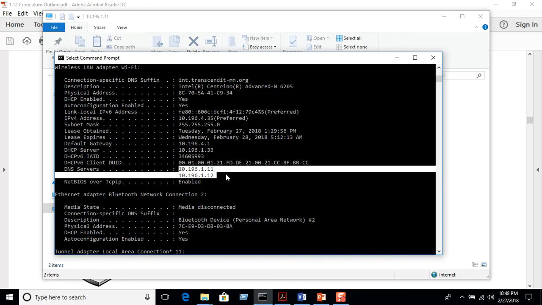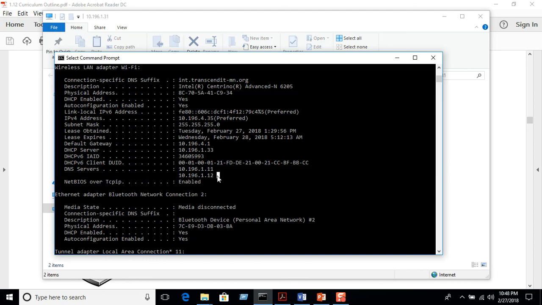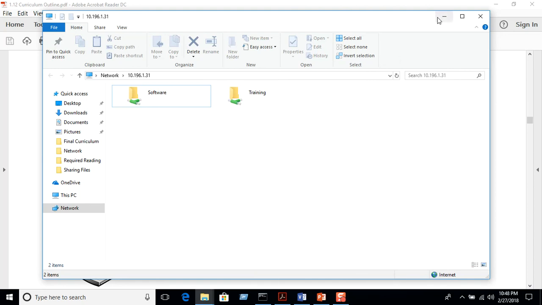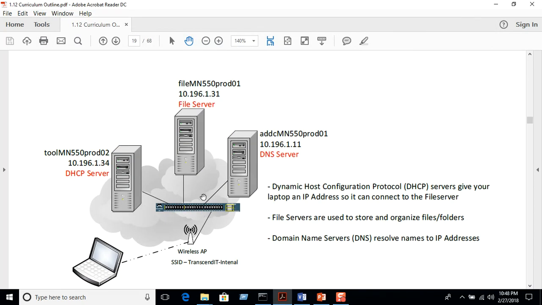In well-architected or well-designed networks, you always have redundancy. So this is an example of where if this DNS server was to be turned off or offline somehow, this one would kick in, and the user, in theory, would not know the difference. So nice work. You have now gone behind the scenes as to what was actually happening in this environment